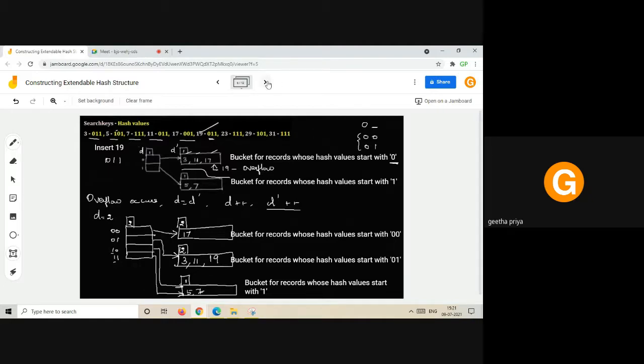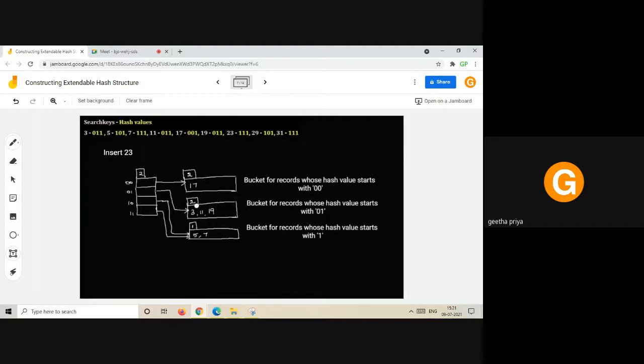Now we'll insert 23. So in this hash structure where we have inserted 19 already, now we have to insert 23. See, for 23, the hash value is starting with, it is 111, right? So check all the buckets, check all the directory entries. This is a bucket for hash value starting with 00, and this is a bucket for hash value starting with 01.